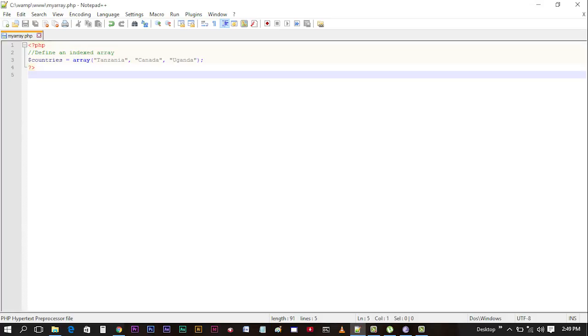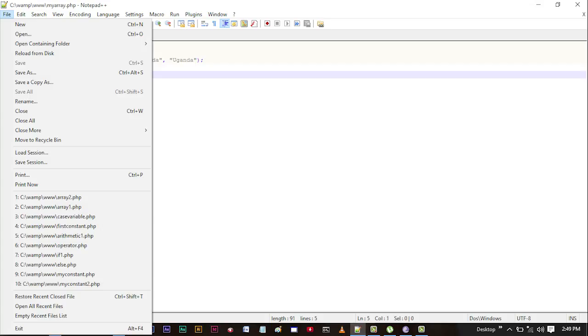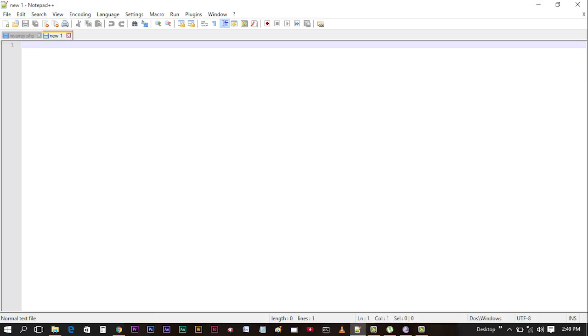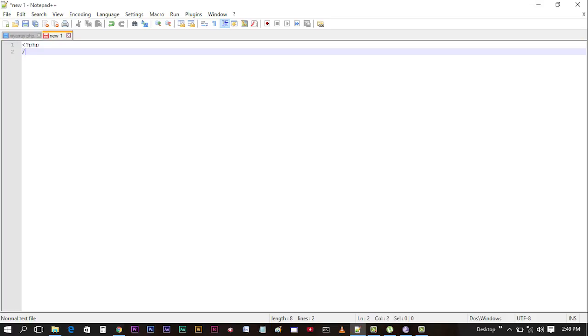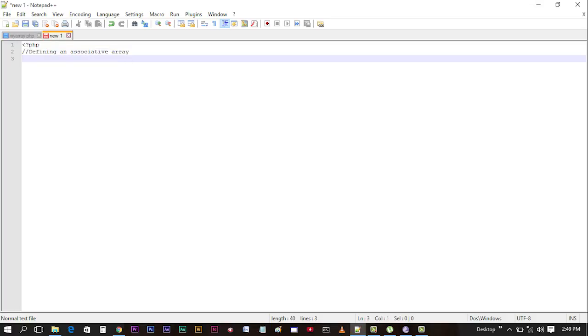Now we've learned how to define an indexed array. Let us learn how to define another type of array called an associative array. We are opening the tag with the PHP tag, putting comments, defining an associative array, whereby I'm going to call my array student ages, whereby within it I've got Neema,